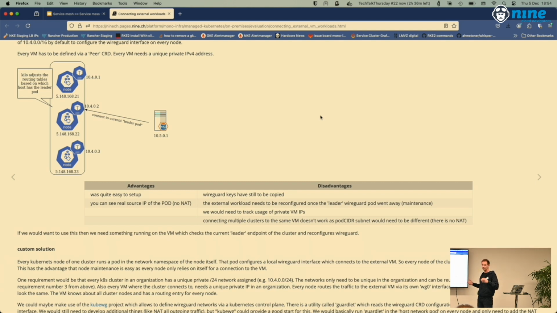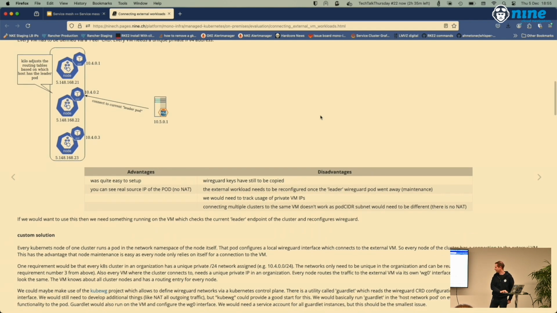So that's a bit of an issue, because in our case, everything needs to be totally automated. There's no one doing something like, I can type, right? That's not happening. Everything needs to be automated. And also, with all these WireGuard-based solutions, back then at least, we always had a problem with managing networks. Like, you have those private networks, which you can use for that case, but if you have multiple things connecting to the same one, they shouldn't clash. So they need to be unique, and you need to manage that. So basically, Kilo wasn't the one which we chose.